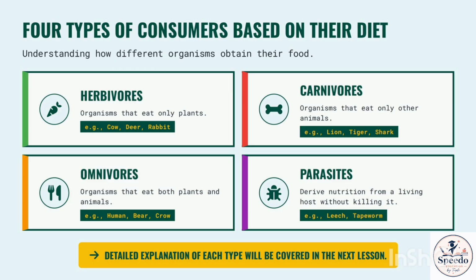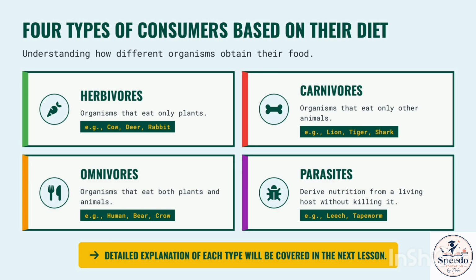Types of consumers. Consumers are classified according to the type of food they eat. So, this is only the introduction. Herbivores are animals that eat only plants or plant products. For example, cows, goats, deer, rabbits, elephants, horses, and grasshoppers. Since they feed directly on producers, herbivores are usually primary consumers. Carnivores are animals that eat the flesh of other animals, for example, lions, tigers, wolves, crocodiles, snakes, and eagles. Depending on what they eat, carnivores may be secondary consumers, tertiary consumers, or even apex predators.